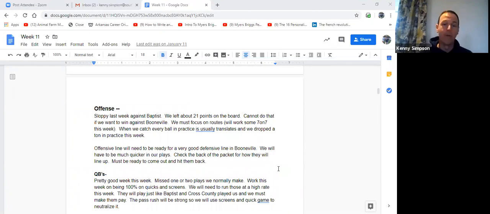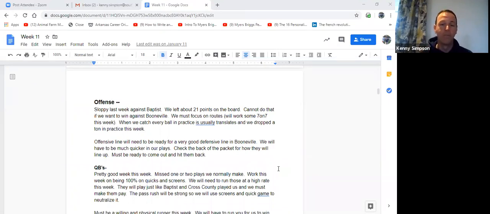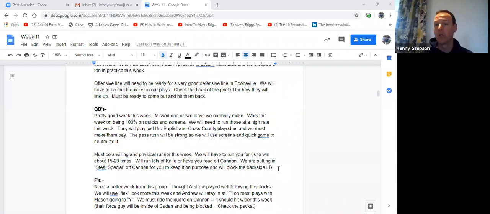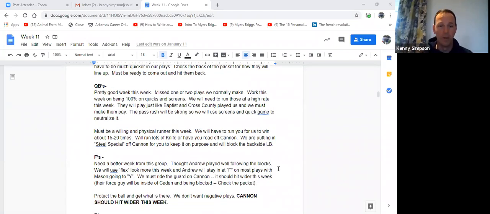Then I'll go into offense. Offense will be a quick overview for everybody on offense, what we've got to do. And then I'll go position by position, talking to that exact position. So the other kids can just ignore that part. It doesn't really apply to them. There have been times I've hidden little nuggets in here like, hey, if you read this, come find me and I'll give you a candy bar or whatever it is. So I know that they're going through this.